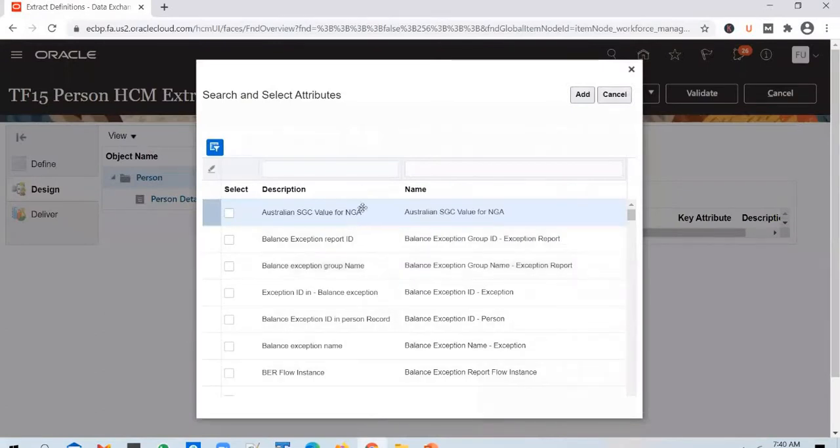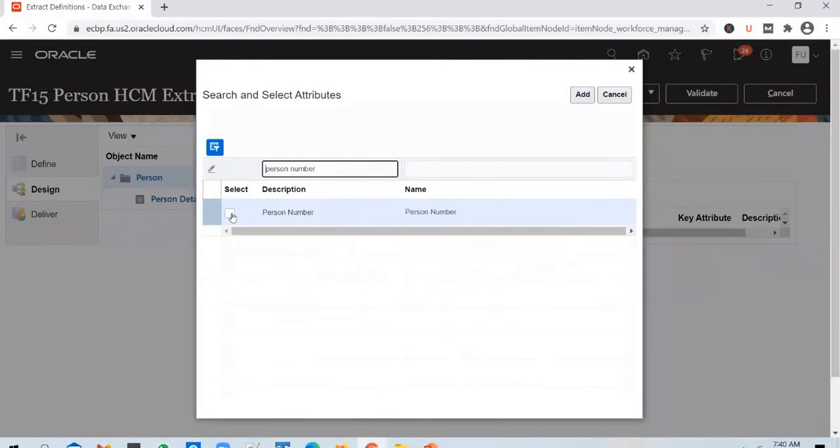So you're seeing a list of attributes here, right? So these attributes are coming from the person user entity you have picked up. Okay, so here you can pick up whatever details you want to include as part of your report output or HCM extract output. You can select whatever columns you want to include in there.